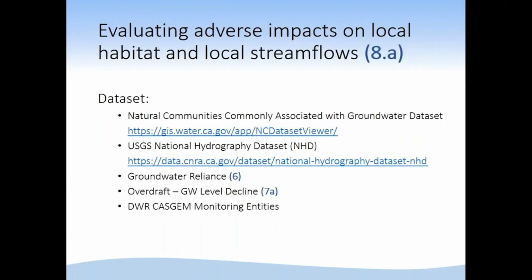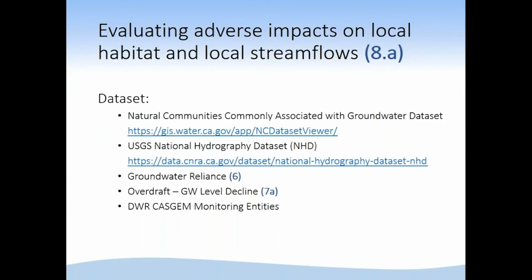This was work done by CDFW, the Nature Conservancy, DWR, of course, and there were also some off-and-on conversations with U.S. Fish and Wildlife and NOAA Fisheries concerning what would be in and what would be out. That data set has been online for roughly a month or so. It's also on the DWR website. You can access all the different layers that went into constructing that data set, as well as download information related to your basin.